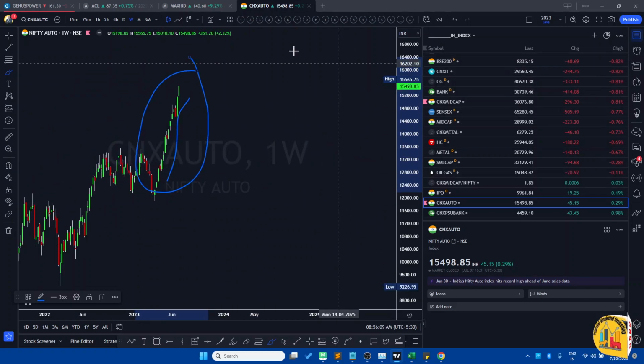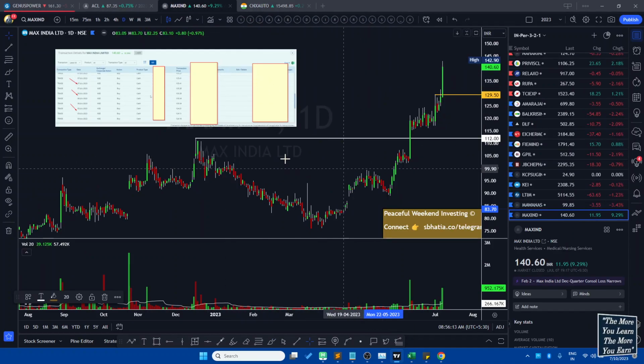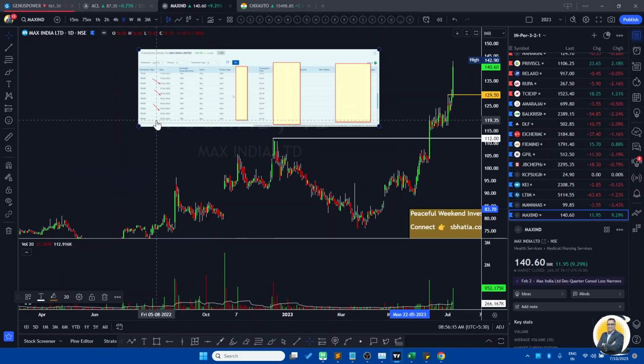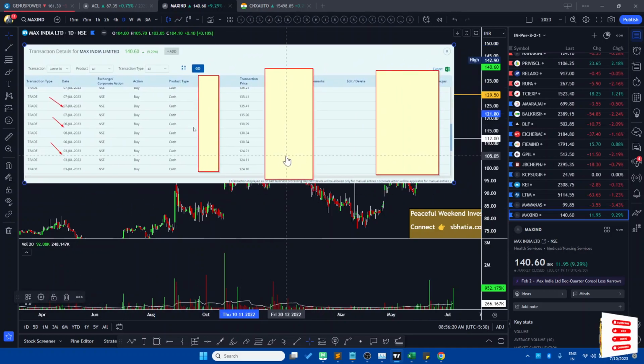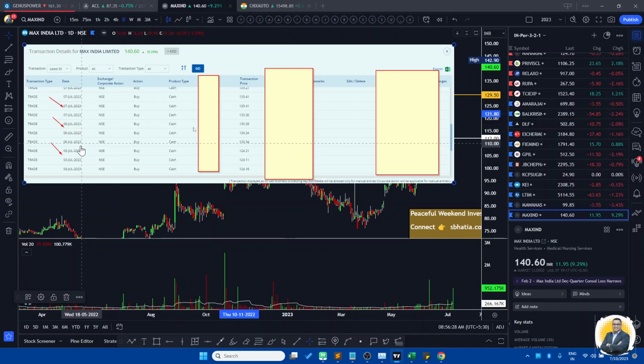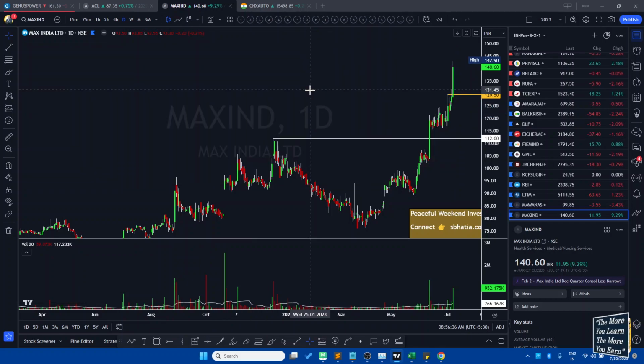Okay, now coming to a very interesting part of it, my trade from last week. This is a stock called Max India. Because it's from the financial sector, and I love the financial sector since I have been in the fintech domain, I understand that. Now, this was my trade. As you can see at the arrow marks here, 3rd July, 6th July, 7th July, I made the position here. But the idea is not to boost myself.